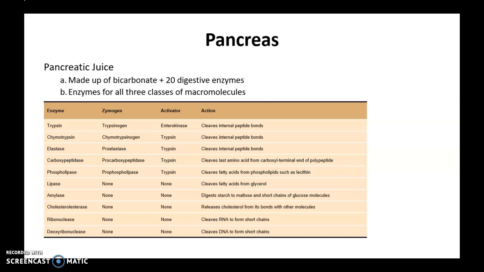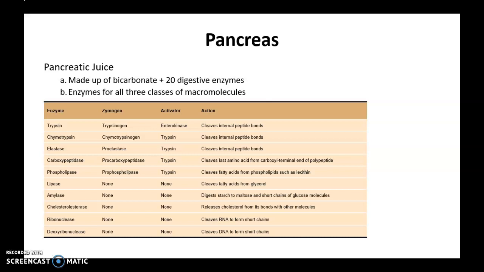So the enzyme trypsin, which helps in protein digestion, is actually released from the acinar cells in inactive form called trypsinogen. Trypsinogen is the inactive form that needs to be activated to trypsin, and that is done by the activator enterokinase. Therefore, if I ask you on your exam which enzyme helps trypsinogen to be activated to trypsin, I want you to